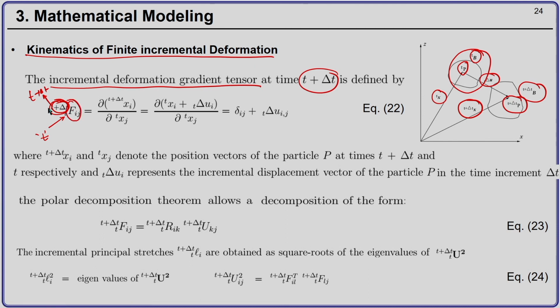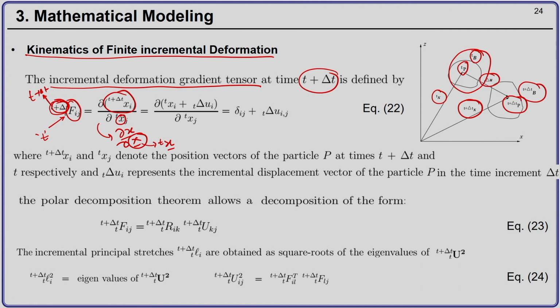And the deformation gradient tensor F is then given by del x of t plus delta t by del x. This is just like our del x by del X. Now, instead of the material initial position X, because we are using the updated Lagrangian formulation, our reference configuration is now at time t, therefore the position is x at time t. We are not writing capital X because we want to make it clear that it is for the previous converged configuration and not for the initial configuration.